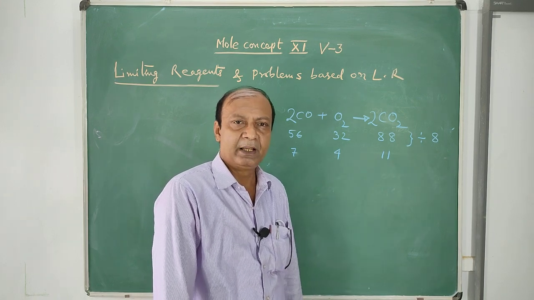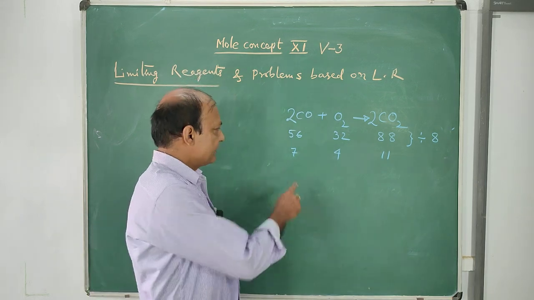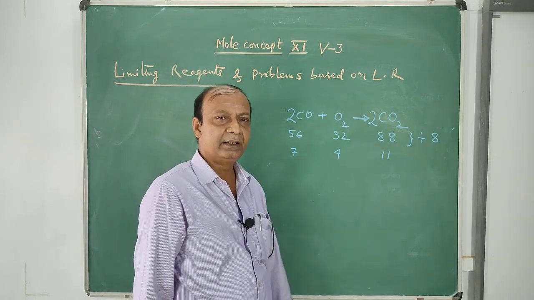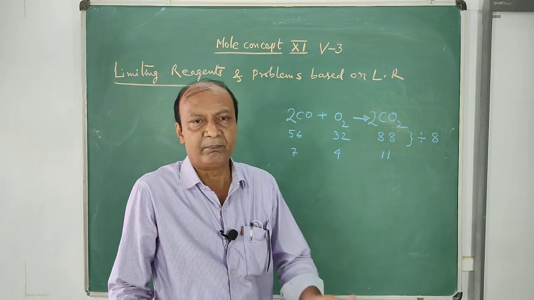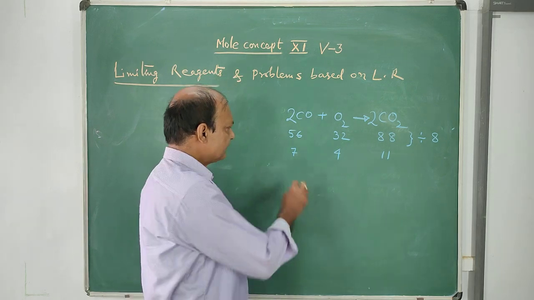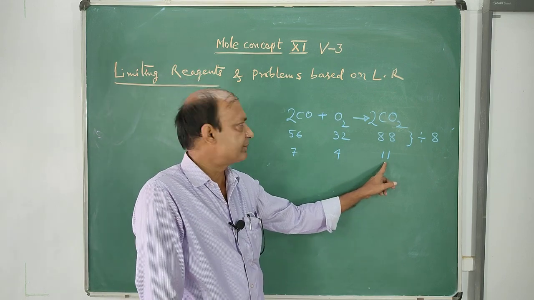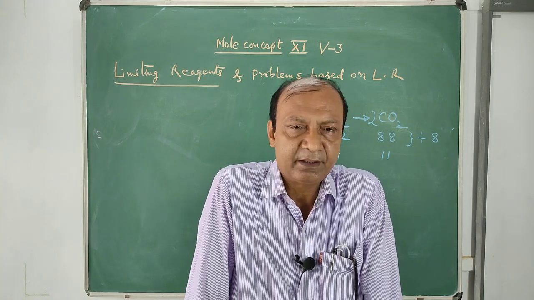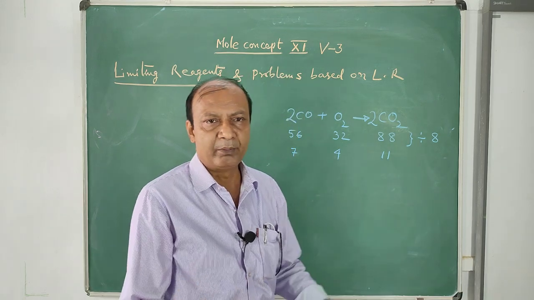You can express these terms in a particular unit. Say 7 gram carbon monoxide reacts with 4 gram oxygen, giving 11 gram carbon dioxide. You can express the mass ratio in any unit of mass. Now, this is fixed for a particular reaction. 7:4:11 is fixed for this particular reaction. If you go from one reaction to another reaction, this ratio of masses will differ. So there is no problem in it.